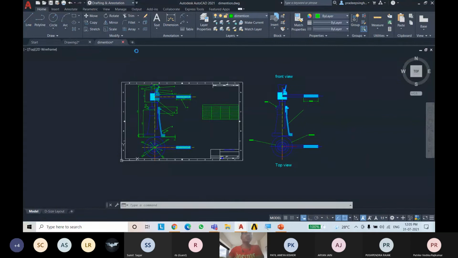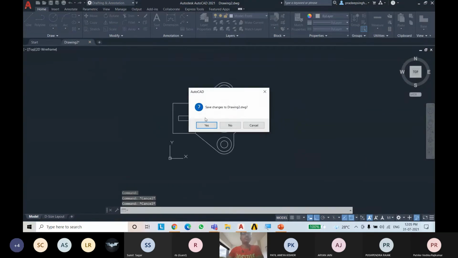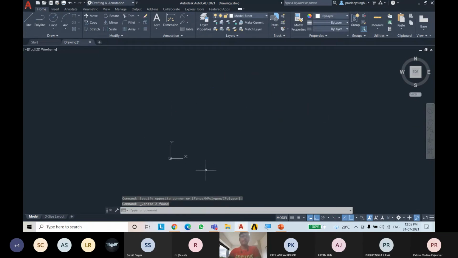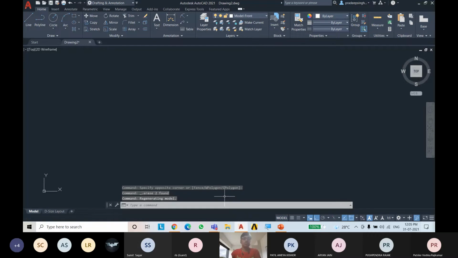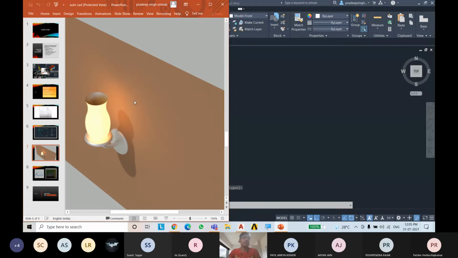So let's save it. Just delete it. So now we have done this.